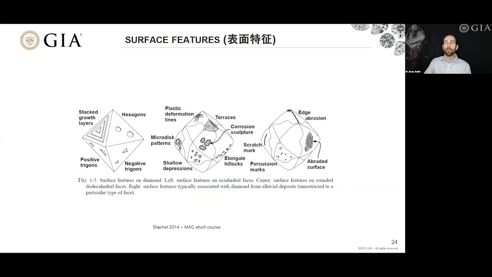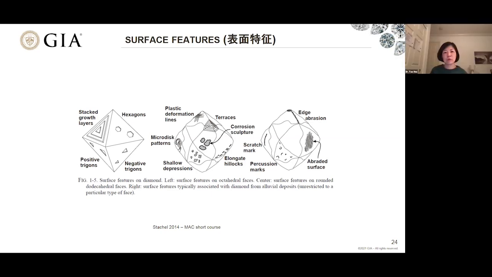Sometimes we can see more intricate surface features. And this sketch shows some of the most common ones. For example, on the left, we can see an octahedron with some hexagonal and triangular pits etched into its surfaces. 这张图我们会用到很多，3个画的都是表面特征，我们一个一个来。比如说左边这个，在钻石八面体的表面上，看到一些三角形的、六边形的溶蚀的坑。